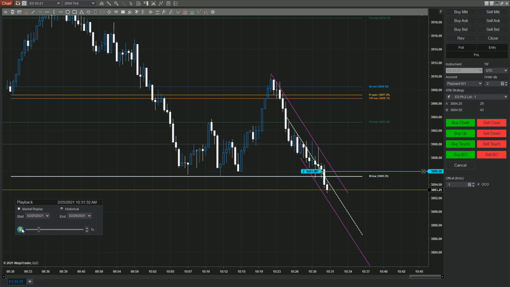Oh, there we go. Okay, so there's a good example. So now we have a new bar here. Now we're tied to that geometry here yet again. So it's a nice way if you're maybe a price action trader here, or you thought maybe you had a second entry short here as we come up and test the trend line of that channel. That's a nice way to get your entry order set to get you into the market to participate in the